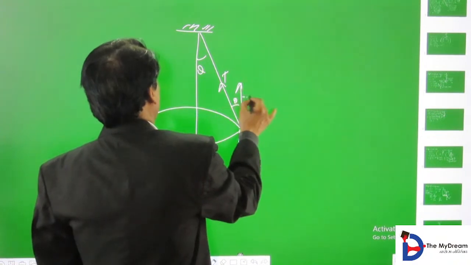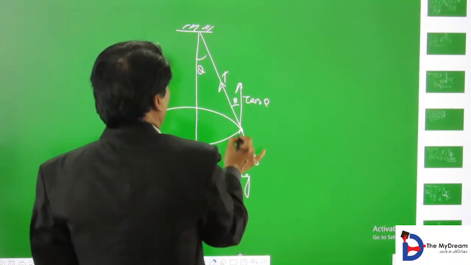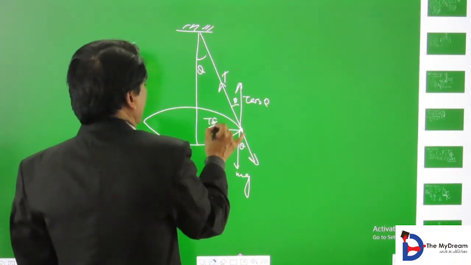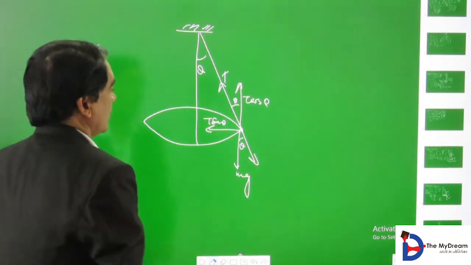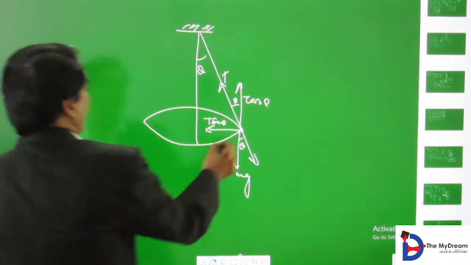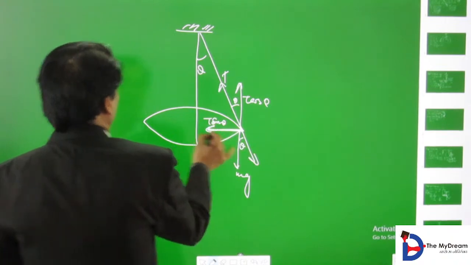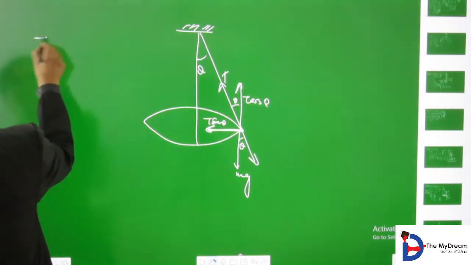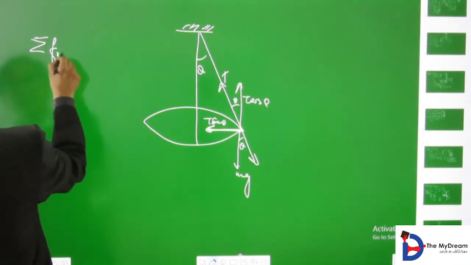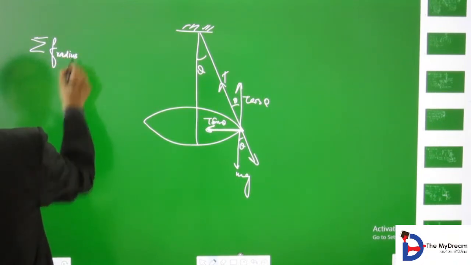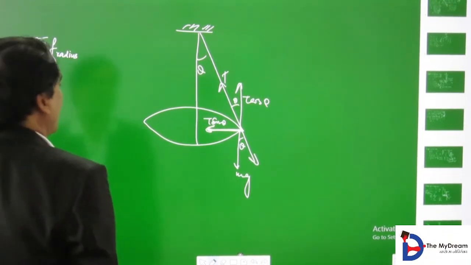This is T cos theta, T sin theta. So summation of F radius gives